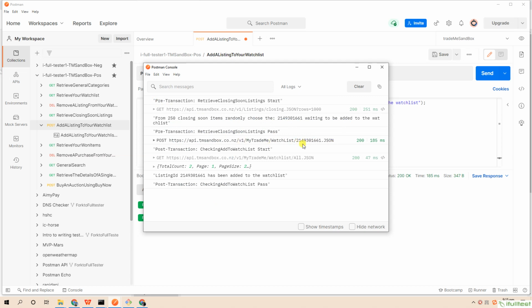Second, to send the main request. Third, to fetch all items on the watch list by sending the post request. And to check whether our newly added listing ID existed on the watch list.